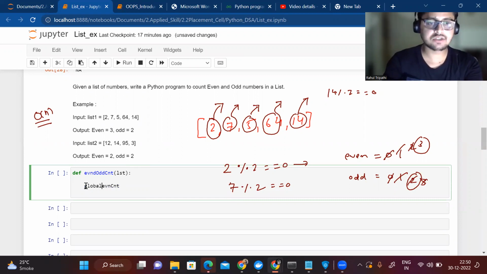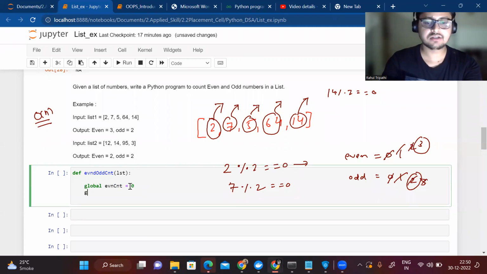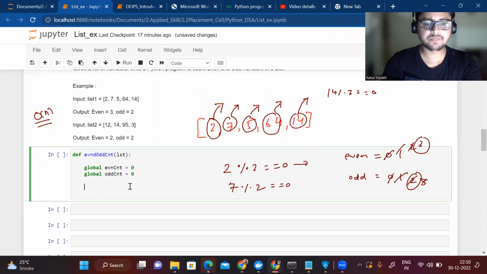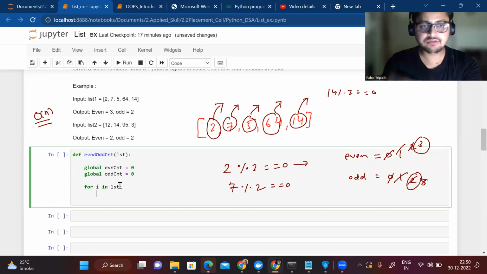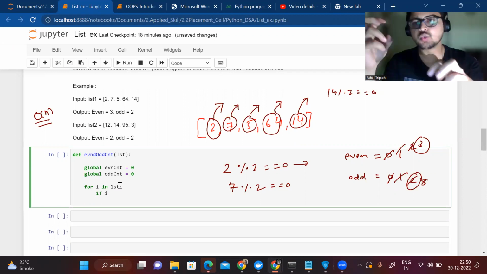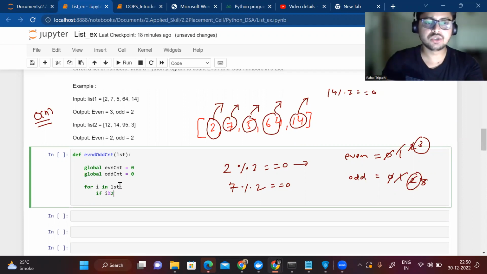We can say global, or you can say anything, there's no need to specify it, but I'm specifying it here. Both start at 0. Then we iterate the list with for i in list. If the value, say we pick 2, is divisible by 2,